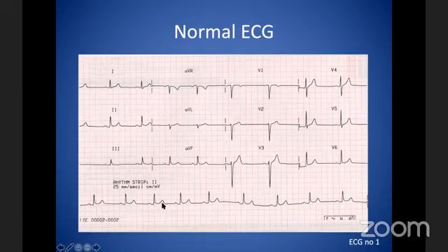So for regularity, the bottom strip is called the rhythm strip. Okay, there you have 1, 2, 3, the other limb leads, chest leads, but the bottom strip is a rhythm strip, and this number 2 means that this is lead 2 printed throughout the length. Okay, you can change that if you want, but by default, lead 2 is printed as a rhythm strip, and here this gap